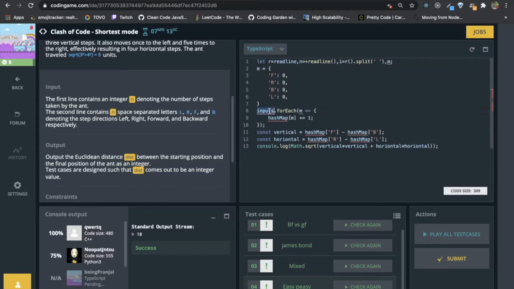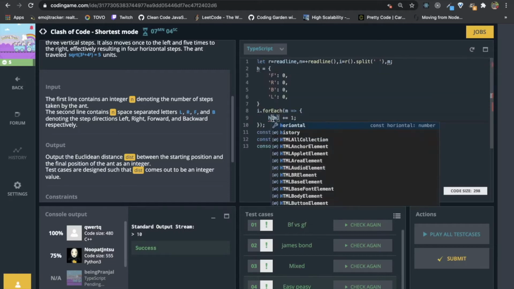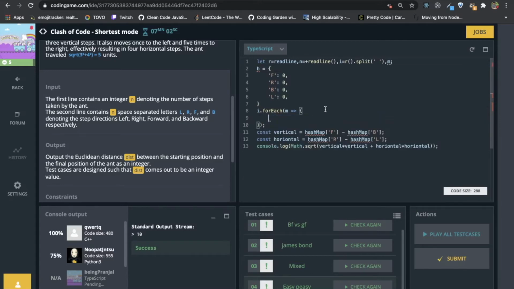Now we have I here, we can call our hash map H. We can call it H, place it on the same line.